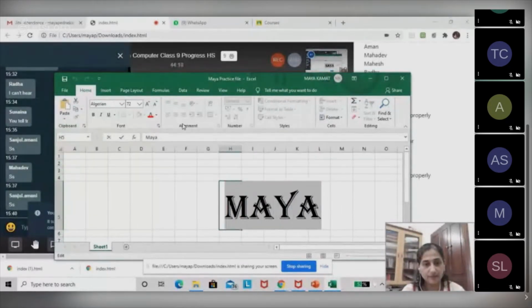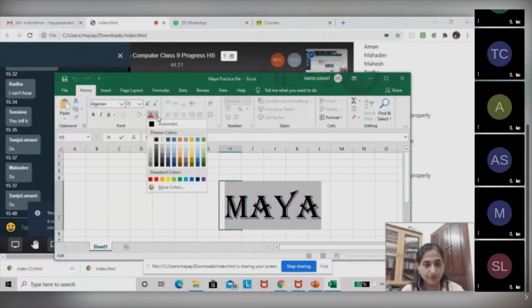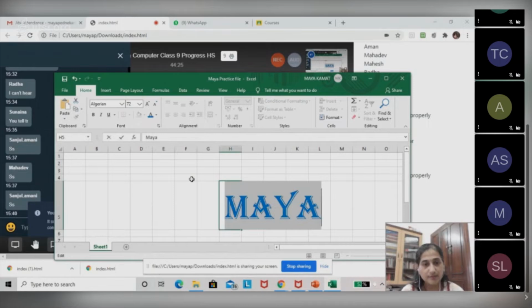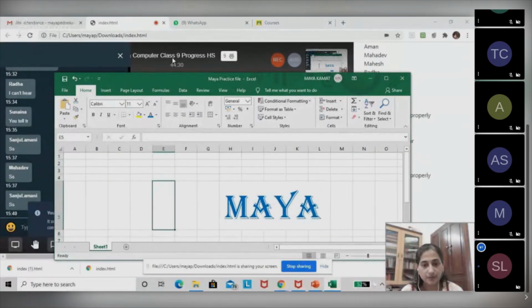Again, I'm selecting it. I'll change its color from black to blue. Is this change seen? Yes. Okay, so I've changed it.